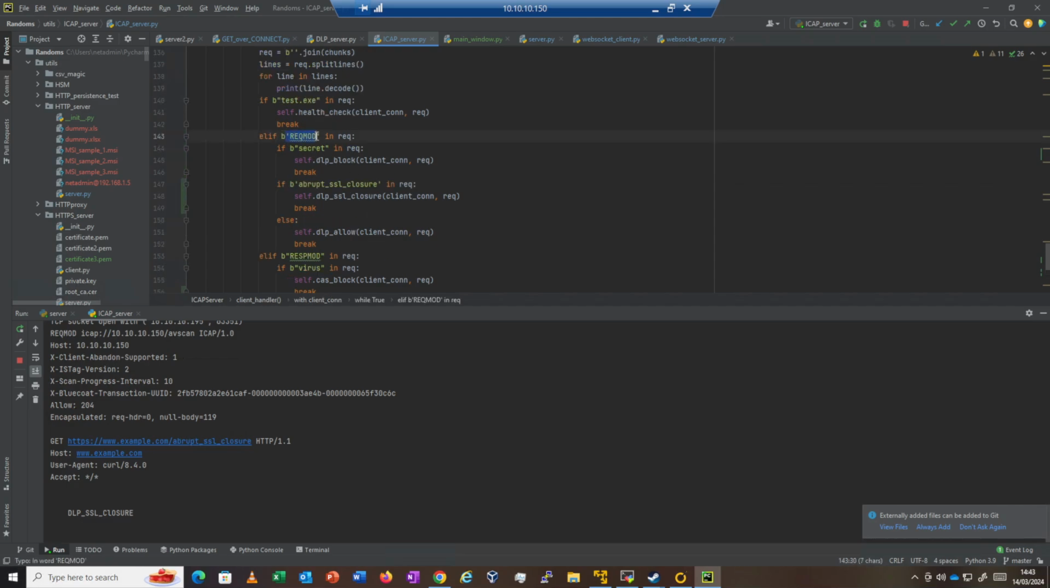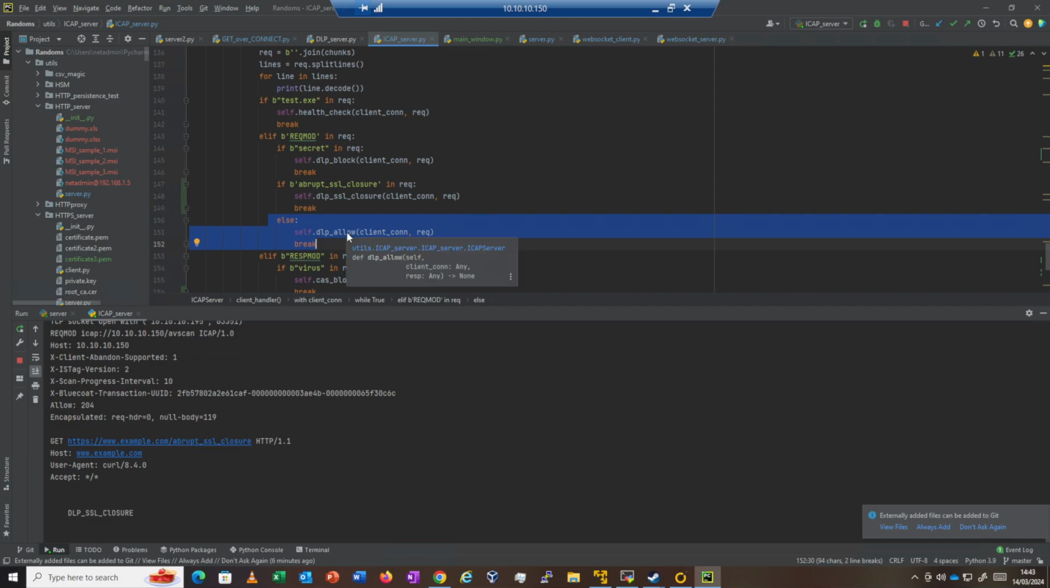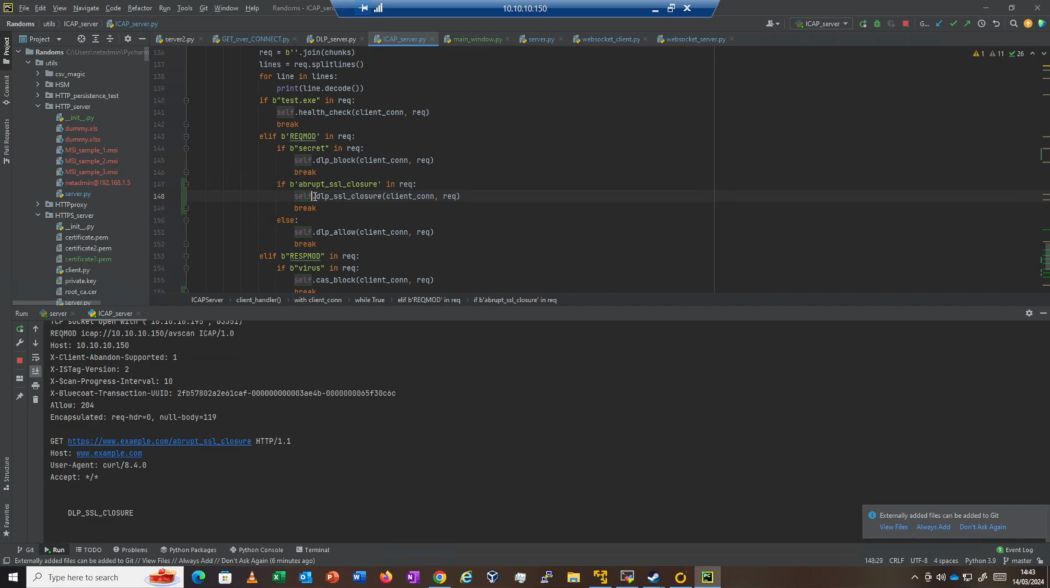In our case, we're going to be looking at reqmod, and namely what a working or 204 response from reqmod looks like, which is this function here. Then we can have a quick look at the block. And the main one is this one, the DLP SSL closure. So what I'm trying to emulate here is that